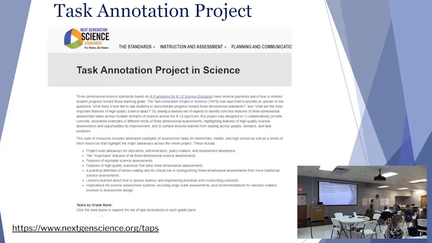We have looked today at perspectives, because that's what we valued in tasks. We've looked at tools to evaluate tasks. We've used those tools on various kinds of tasks.